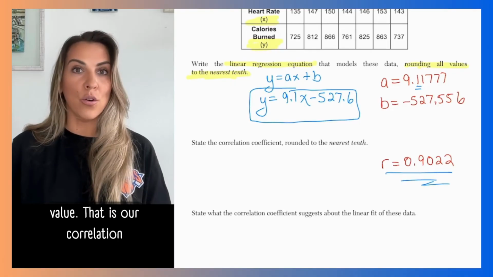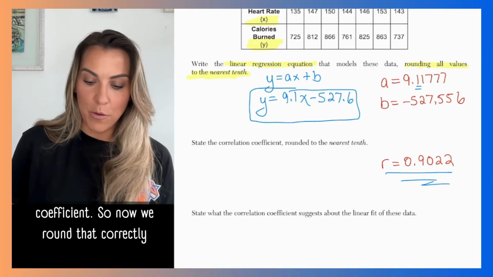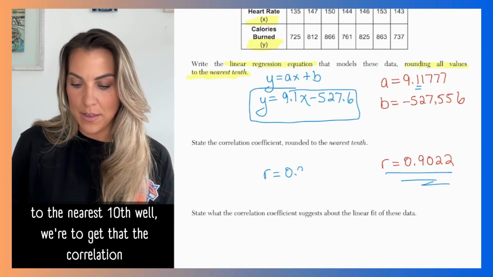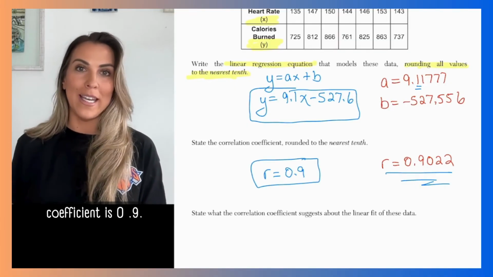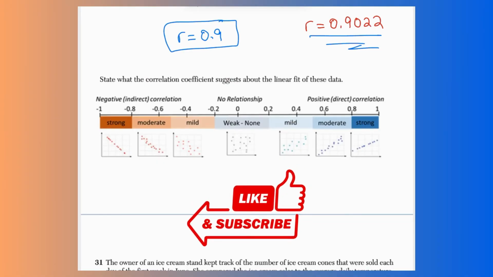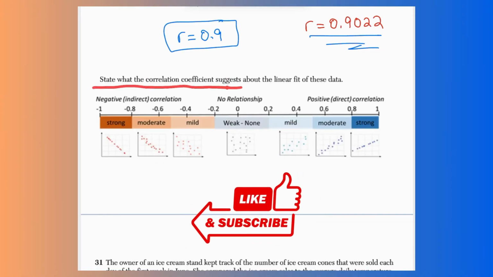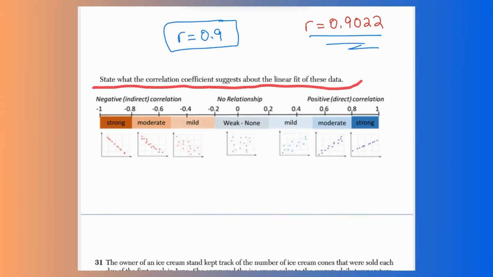That is our correlation coefficient. So now if we round that correctly to the nearest tenth as well, we're going to get that the correlation coefficient is 0.9. Last part of this question asks us to state what the correlation coefficient suggests about the linear fit of these data. So the correlation coefficient, which is a number that's between -1 and 1, tells us 2